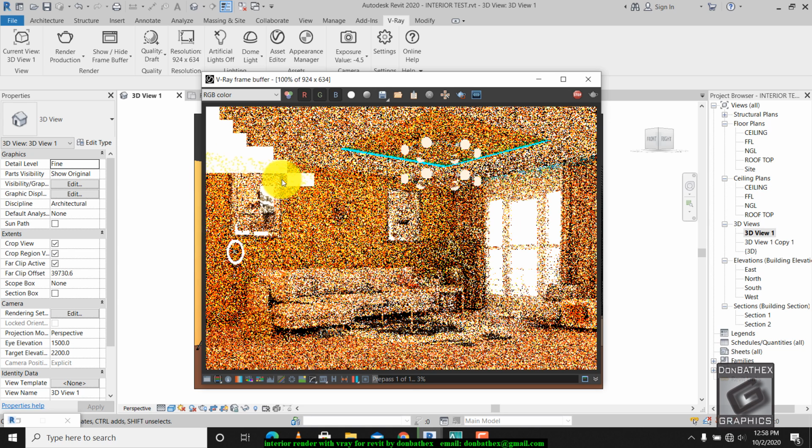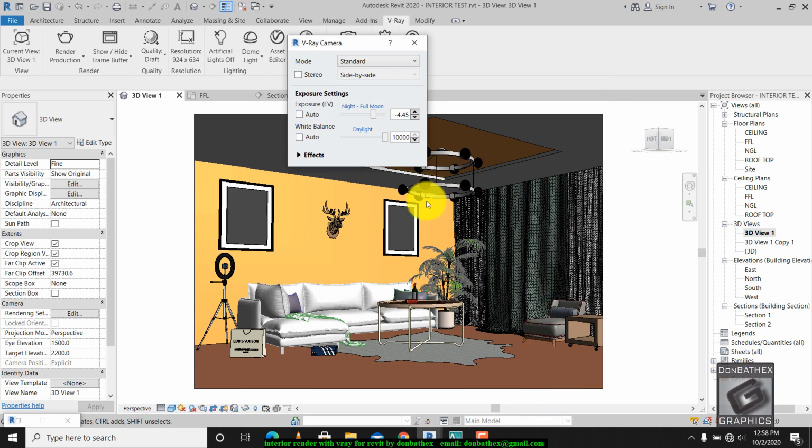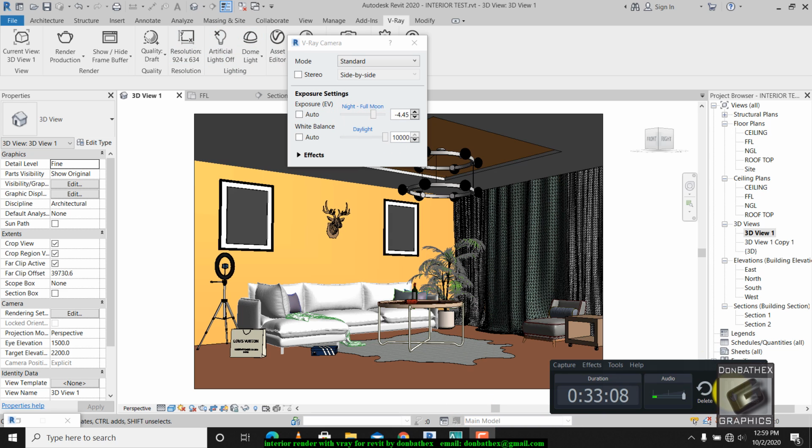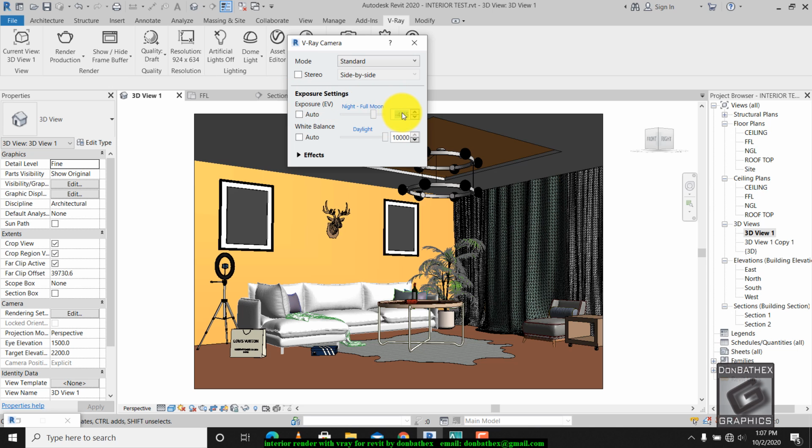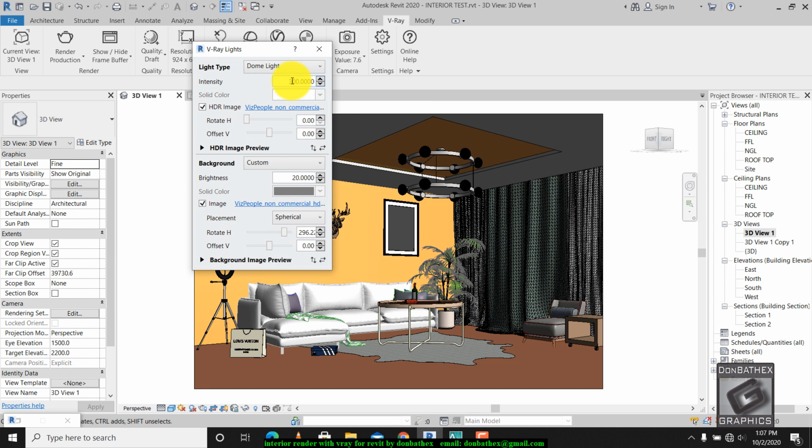Wow, there's a lot of sunburn, so that shows that the sun and dome light both have different settings. So let's increase it to white interior, and reduce this to 200, and